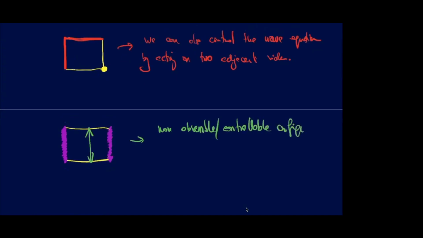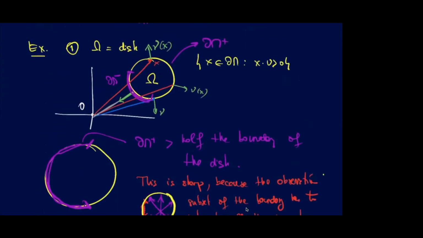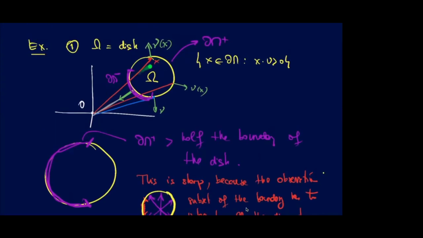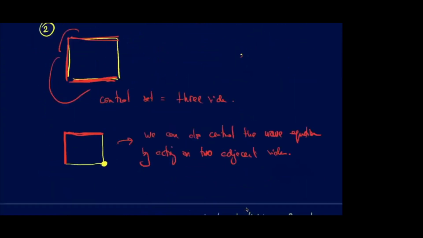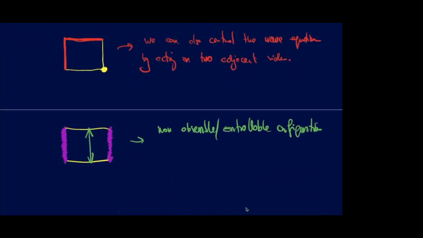So in some sense, what this is telling us is, given any domain omega, the pieces, the arcs of the boundary on which you need to focus the energy in order to get observability, or concentrate the control in order to get controllability, depend on the domain omega and are quite large. Here, for instance, it's more than half. Here it can be just half, but not less. But not each half will work, right? And sometimes even taking more than half will not suffice.